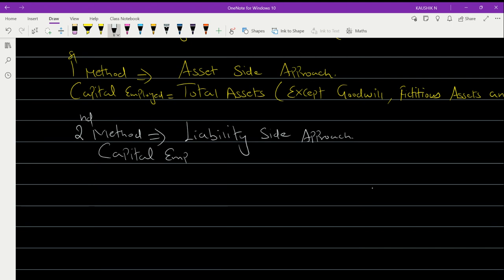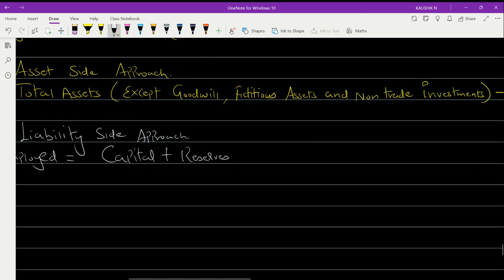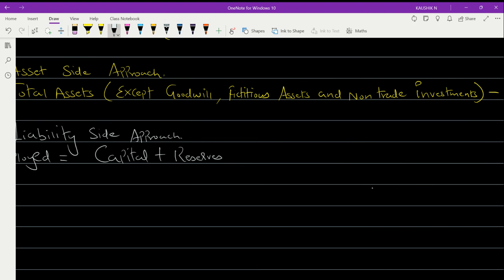Capital employed is equal to capital value, the amount of partners' capital or capital, whatever is given in the question, plus reserve value. Capital value plus reserves minus,